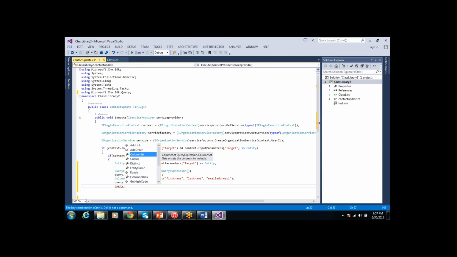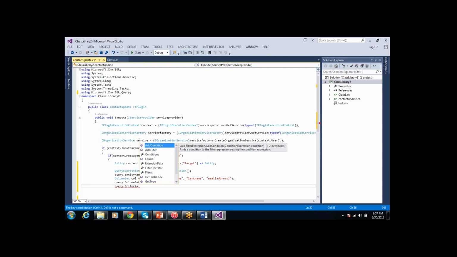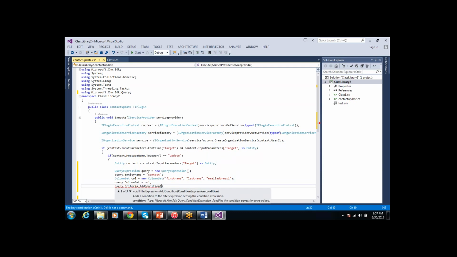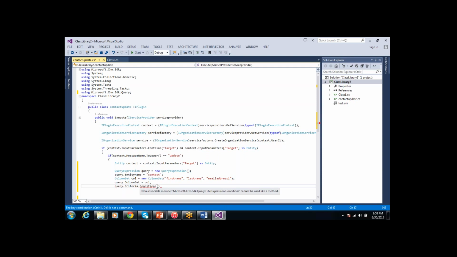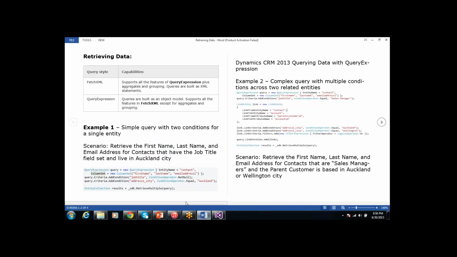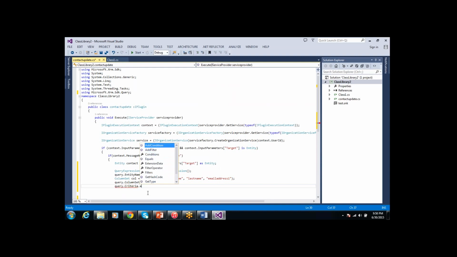Query dot Criteria dot AddCondition. Here we need to pass the attribute name and value, like jobtitle.